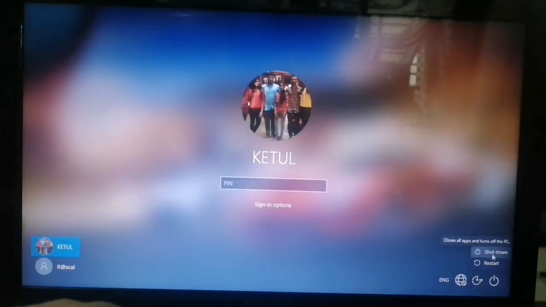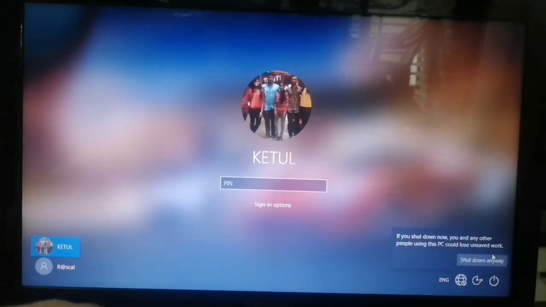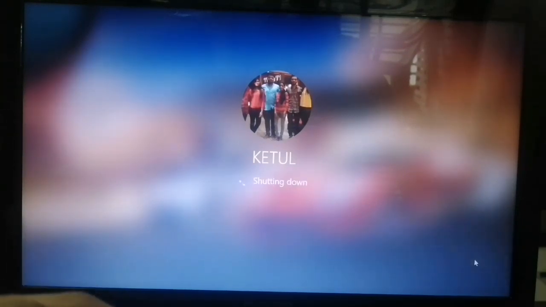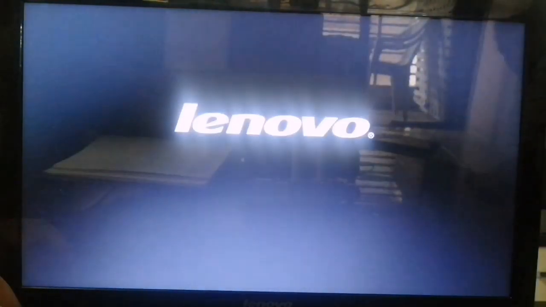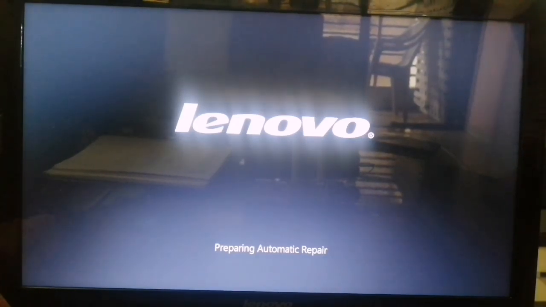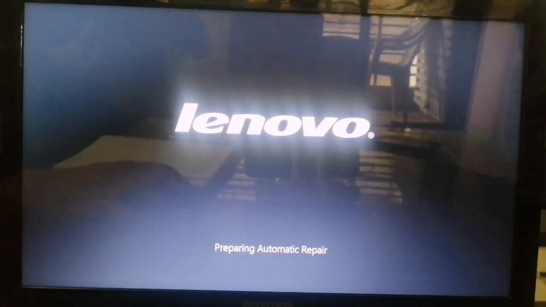For that, you just have to shut down your PC first. When your PC shuts down, you just have to press the power button 2 times, and hold your power button the second time, so you can see that it's preparing automatic repair.